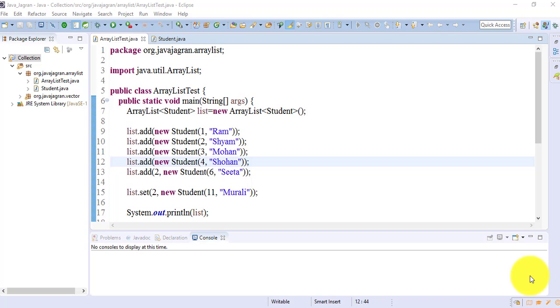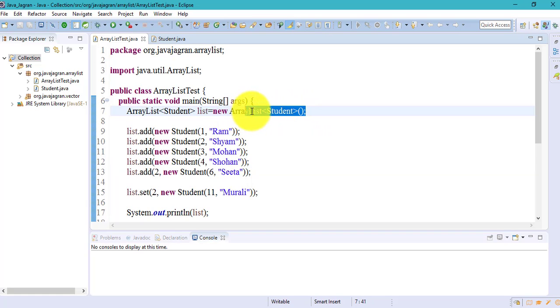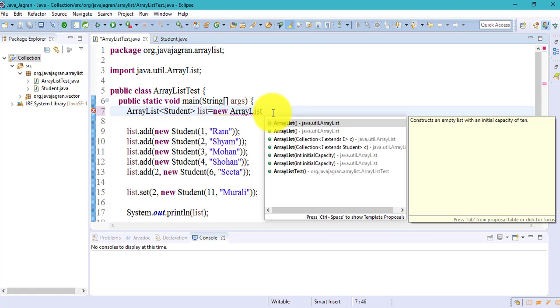So let's start. Same like a Vector, if you go and see ArrayList also, there is the same kind of constructor.